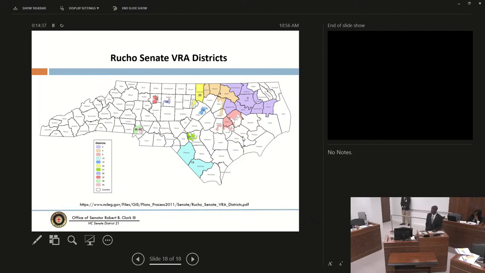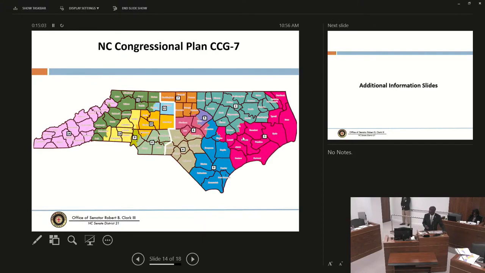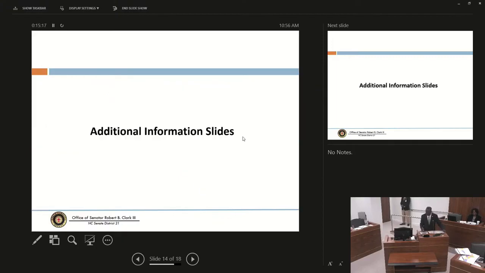So I said, well, if I keep most of the counties reflected in this document produced by the North Carolina Senate in 2011, and I try to keep most of the counties that were in our current plan, I probably have a chance of hopefully making sure I comply with VRA requirements with regard to maintaining that district. So that's what I did. Remember I said I constrained it to Granville County, and we have what we have. Now, we've heard some talk about different types of data that come into play here.